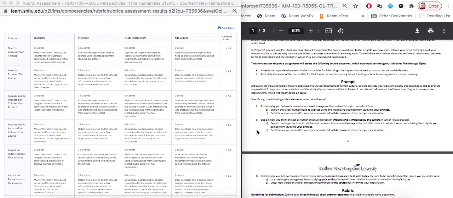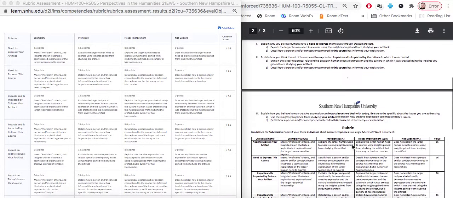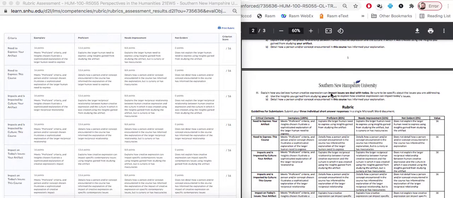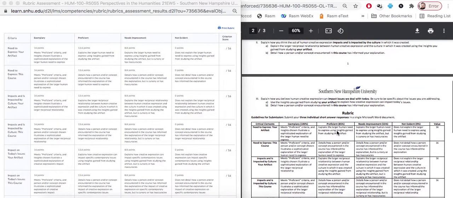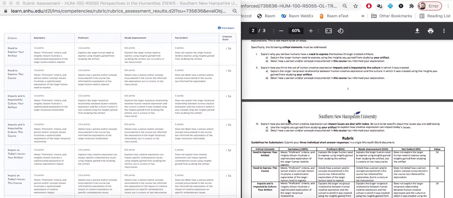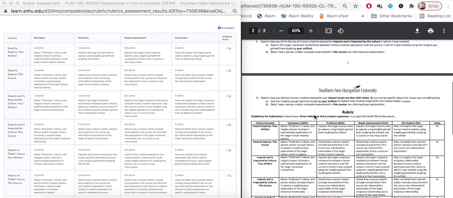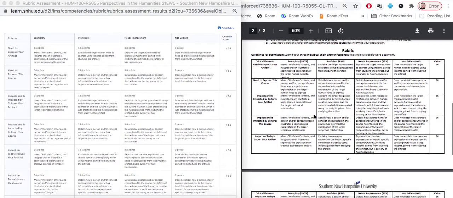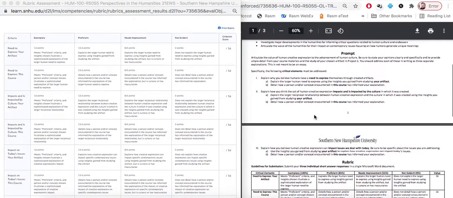Same thing for Part 3. You're going to do exactly what you did in Part 1 and Part 2 with an A section and a B section, and you're going to talk about impact on issues we deal with today. And so how does human creative expression impact issues we deal with today? And there's a lot to talk about. I mean, just think of what's going on in the world today. There's plenty of